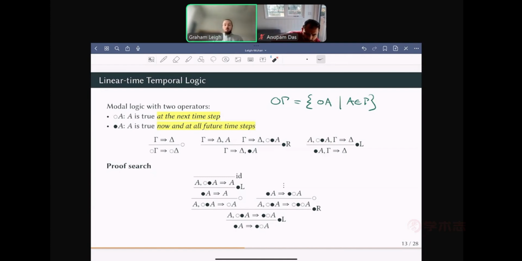And these rules actually suffice to allow us to do proof search in the same way we did for classical propositional logic. If a sequent is valid with respect to this interpretation of the temporal operator, then there is a proof. And rather than going through the general argument, here is